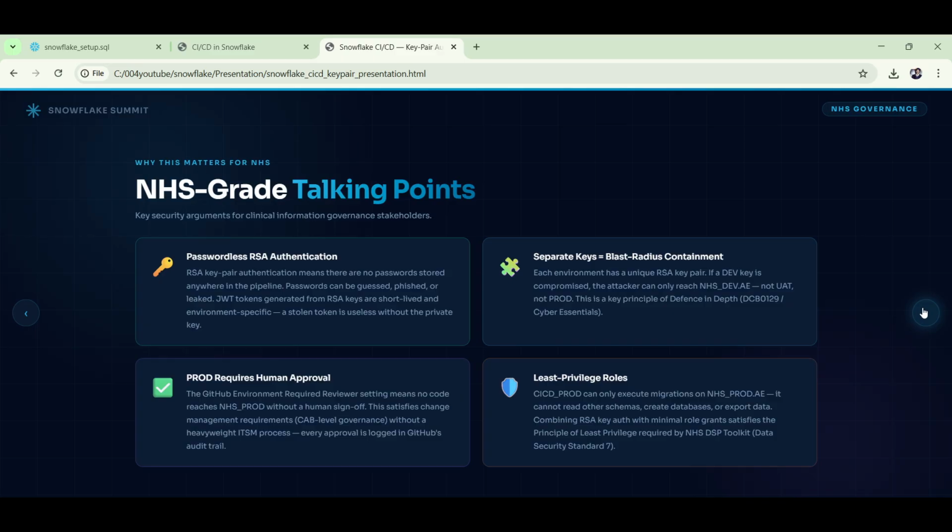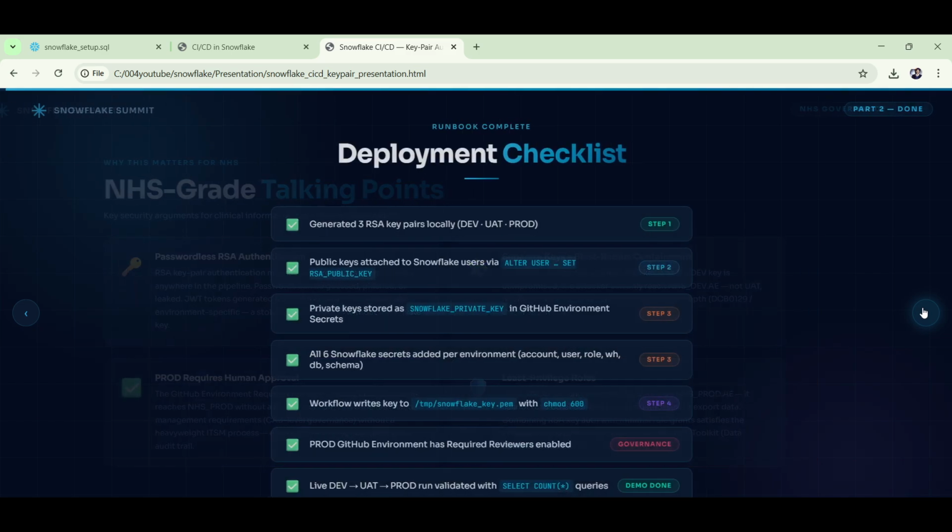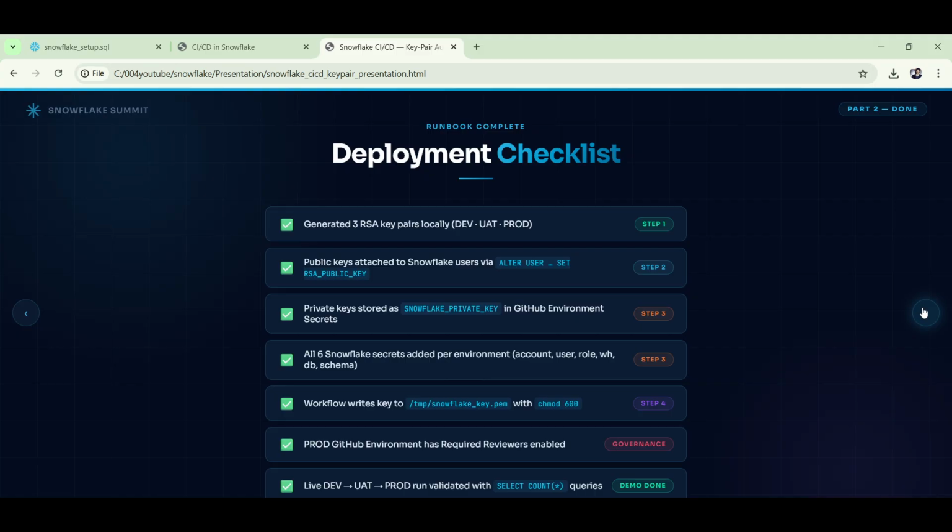So there are a lot of requirements, and now let us go to the steps you require for deployment. Again, I'm going to come back to this one. It's a very important slide. We are going to generate the three RSA key pairs locally on your machine. This is step number one, and then the public keys we are going to attach to the user,